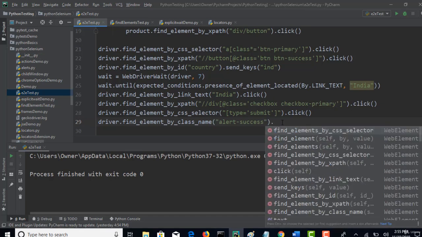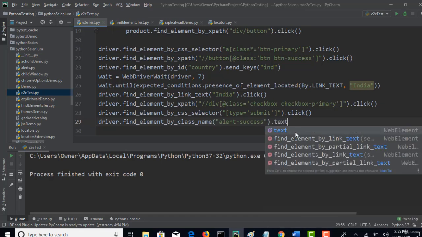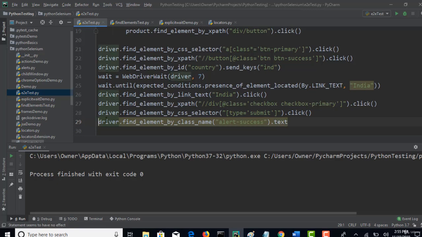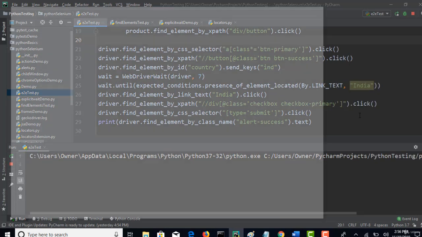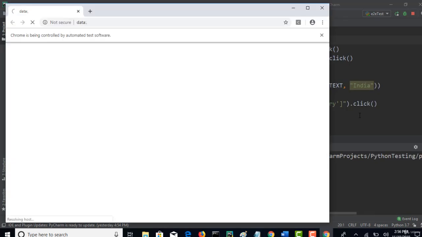Dot text. We don't want to click on that. We need to grab that text. Firstly, let's print it in the output and see if we are getting the actual message. Thereafter, in the next lecture, let's put an assertion, and I will also show how to take a screenshot if there is a failure in the test. So till now we will run this test and make sure everything is working as expected,